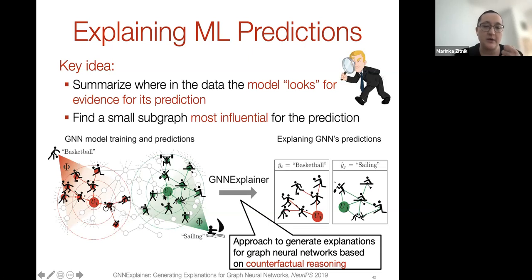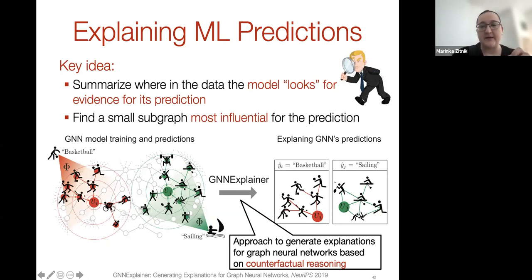And the way it does so, for each prediction, say we are predicting node labels and trying to explain predicted labels for nodes. In this hypothetical example, we have a graph where we are predicting activities of individuals that are nodes in that graph. If you predict for V sub I that the person would enjoy basketball, you might ask, why is that the case? GNN Explainer defines a small optimization task that optimizes for a mask defined on a local network neighborhood around V sub I, as well as a mask on feature dimensions,